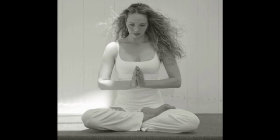So find yourself in a very comfortable position, whether you're seated on the floor in a cross-legged position, or against a wall, or in a chair, or on a couch with lots of pillows around you to get you extremely comfortable. So the idea is to not struggle with the body when you're trying to quiet the mind. So as you find this comfortable position,